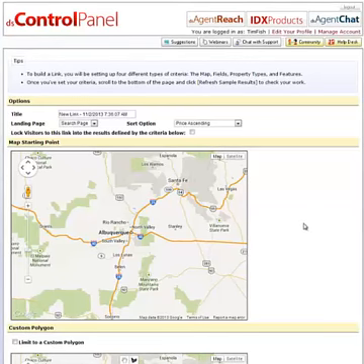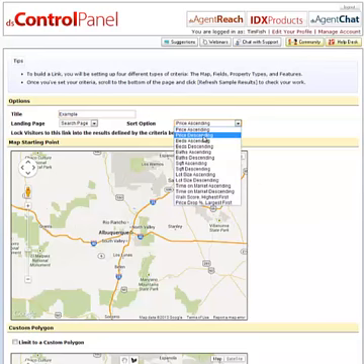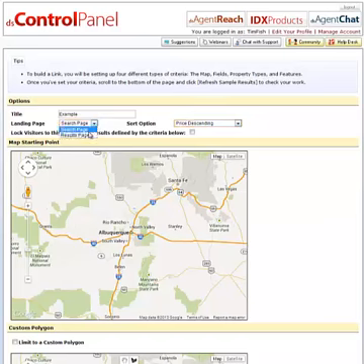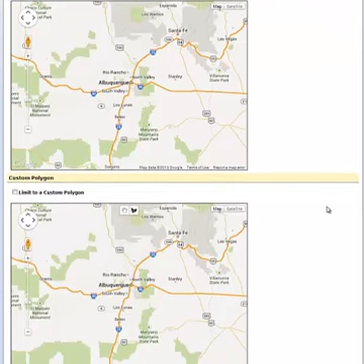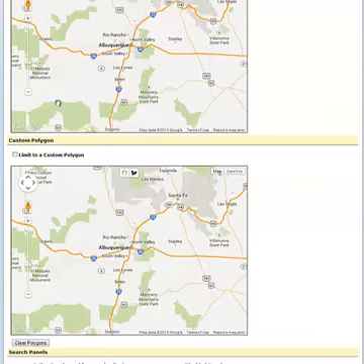Okay, this is one of the features that I like about Diverse Solutions. There's two things that make them unique in the IDX world, and it's this thing where you can create map links, and you can do what's called a custom polygon. And what you can do with this is,